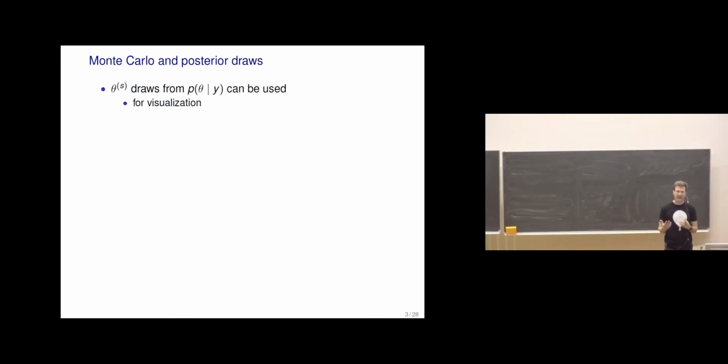Now in the previous figure we had these posterior draws, and we can now denote them with the superscript s in parentheses, indexing that we have many of those, with s going from 1 to capital S. Each of these draws, theta, would in this linear model case include both the slope and intercept, and we can obtain these from the posterior distribution, and we can use them for visualization as in the previous figure.